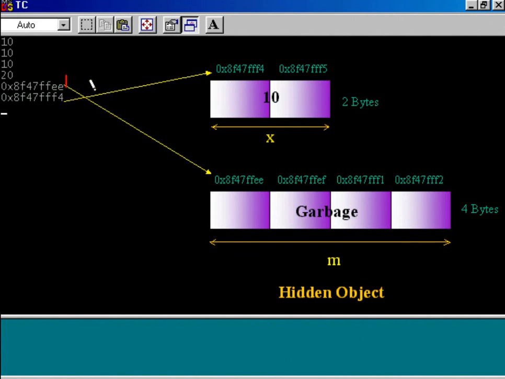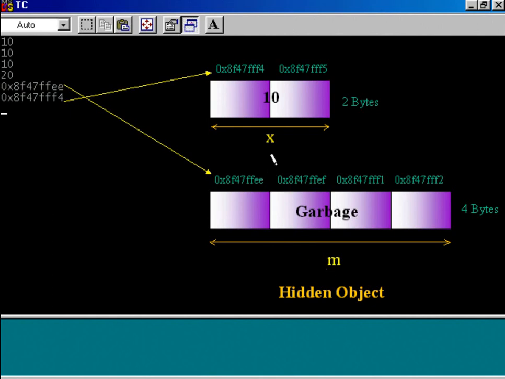This is your reference variable. The data type of the reference variable is float, and that is why it will consume 4 bytes in the memory. This is your first byte, second, third, and this fourth. This is the starting memory location of the reference variable, namely m. Observe very carefully.